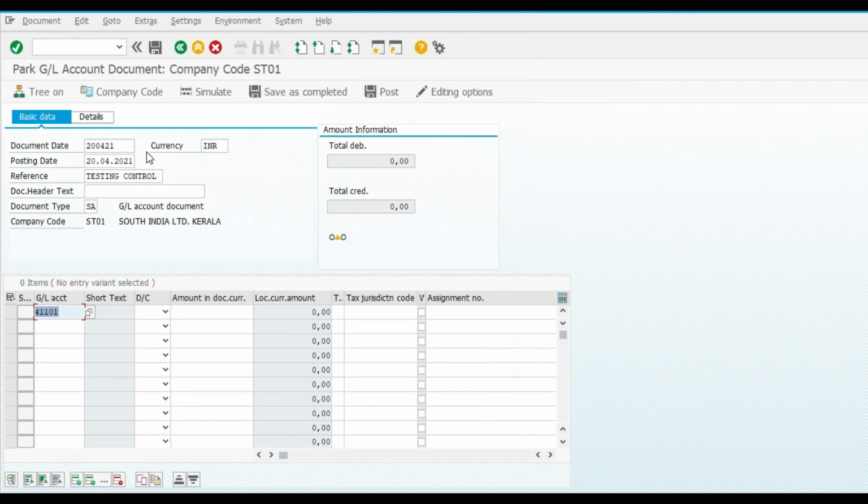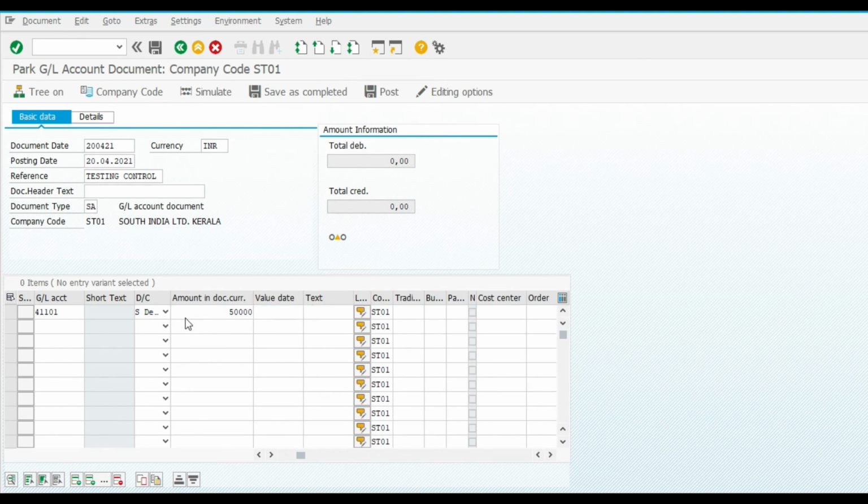This is our expense account, debit indicator, debit, 50,000. Just press enter. See, our cost center comes automatically. If we want to change, we can change this also.